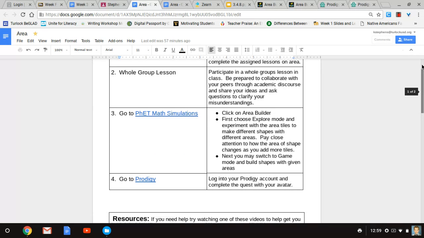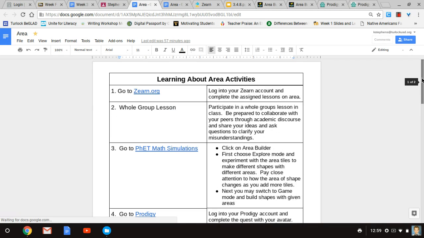So this is the document they will access from their Google Classroom. There actually won't be anything to turn into their Google Classroom for this assignment. This is mostly just a resource, and Google Classroom is a really friendly and easy place for them to go and locate this. So the students will be starting out at Zearn.org, and Zearn